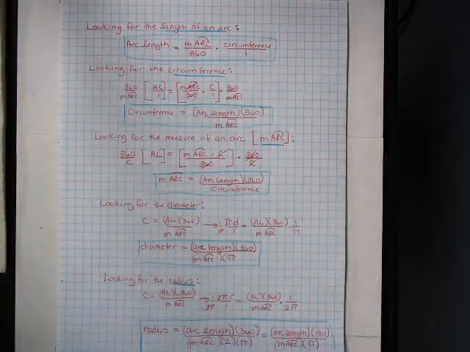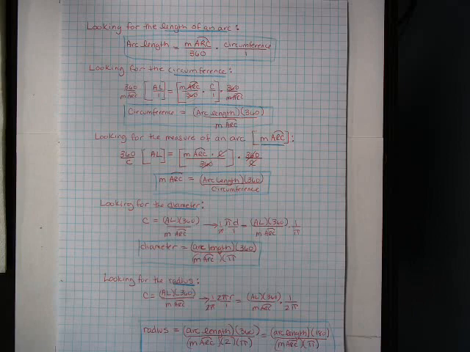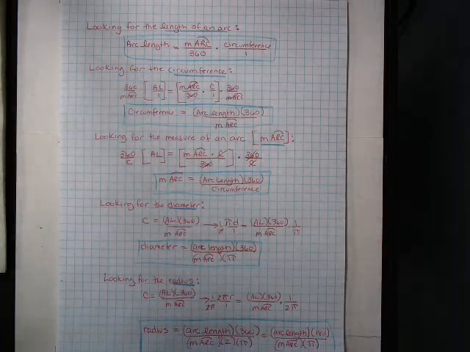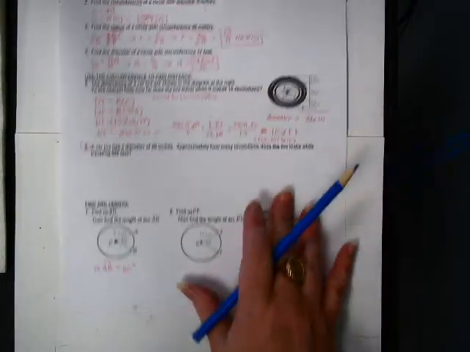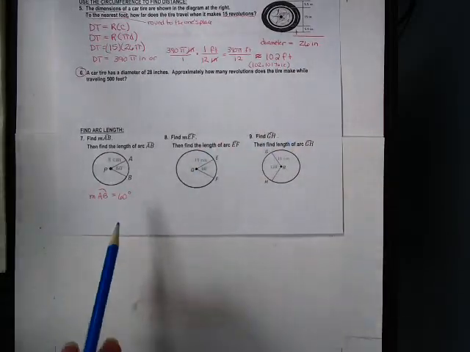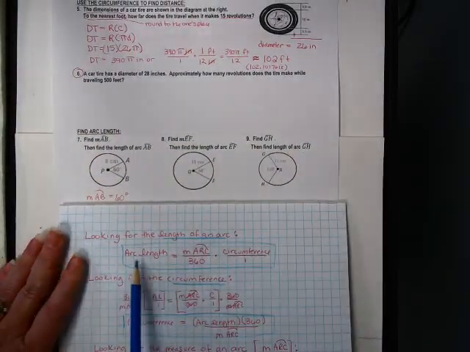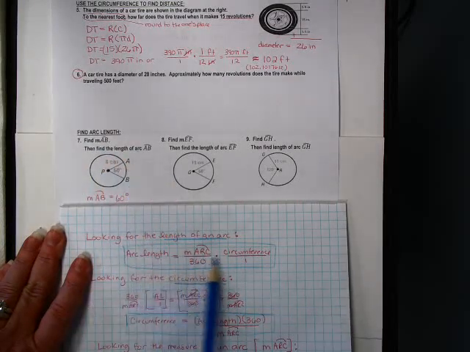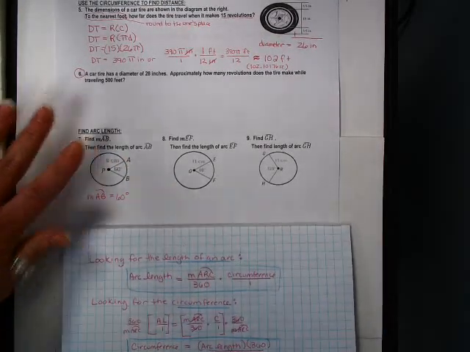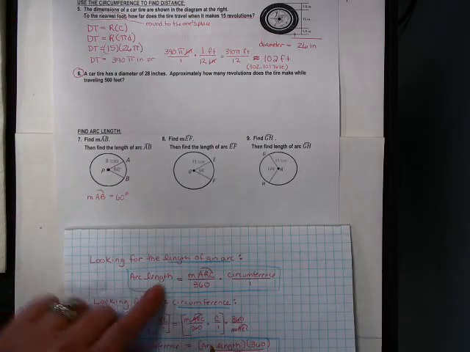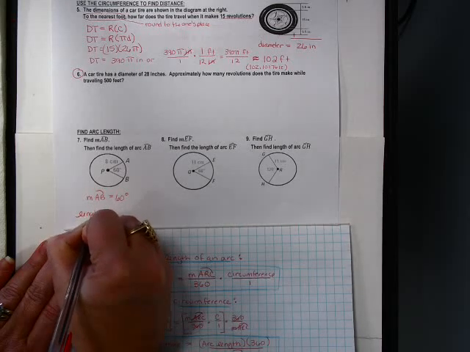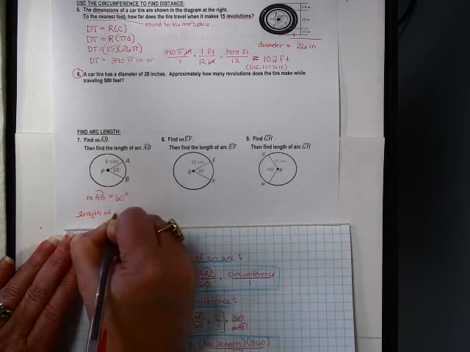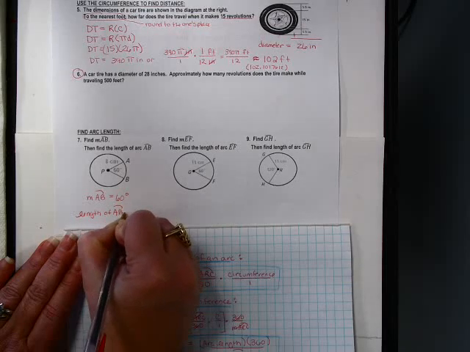All right, now back to our second page. Okay, so moving that up. So we focus here, and we are looking for the length of the arc. So we're going to use this one right here. So I'm going to take the arc length. I'm going to write down length of AB equals